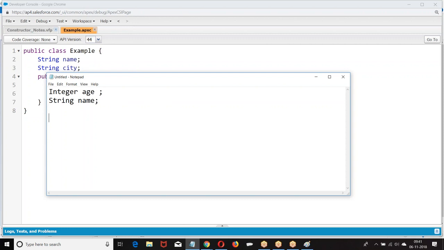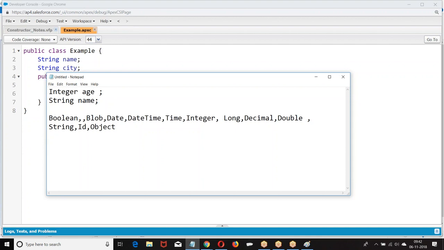What are the primitive data types we have? Boolean, blob, date, date time, time, integer, long, decimal, double, string, id.